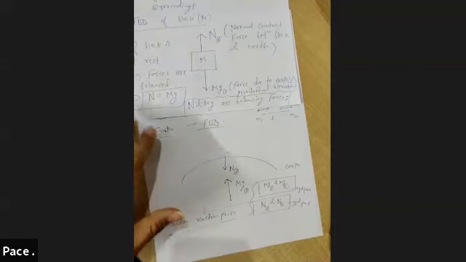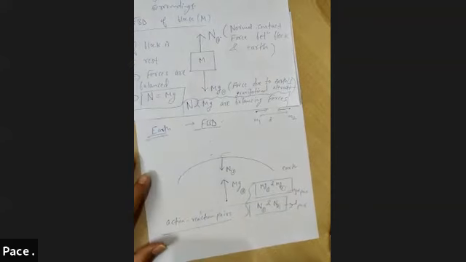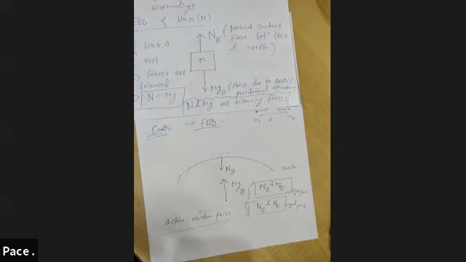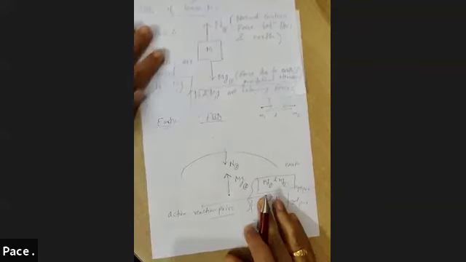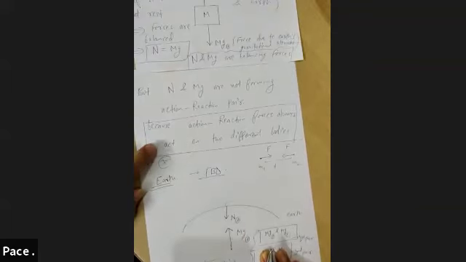So these kind of forces are known as balancing forces, whereas action reaction pairs are those forces which are equal in magnitude but opposite in direction and acting on two different bodies when two different bodies interact with each other. Is it clear to all of you? Okay, so action reaction pairs will always act on two different bodies. Remember this thing. Action reaction forces always act on two different bodies.